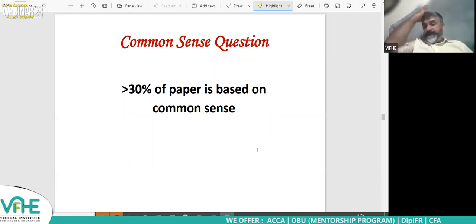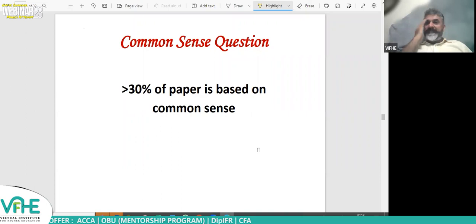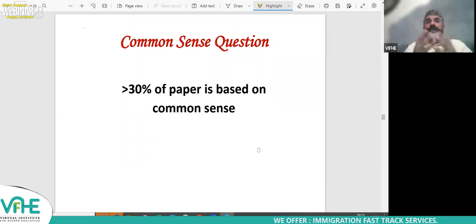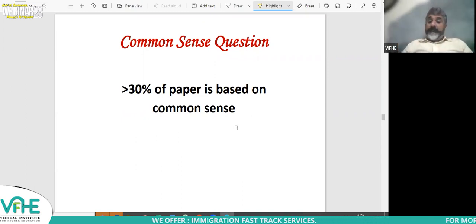So that's the whole purpose of mentioning a common sense question in the paper, so that the examiner can assess whether you are a theoretical student or you understand the case study. Of course, the question is linked with the case study. All the information is there in the exhibit, but you just need to shape up your thoughts and shape up your answer to handle this. It requires practice.